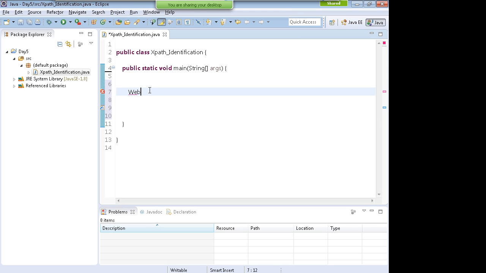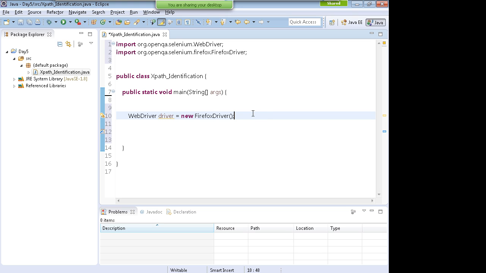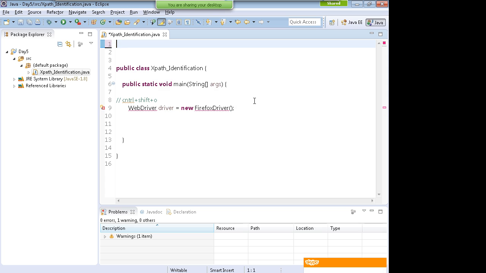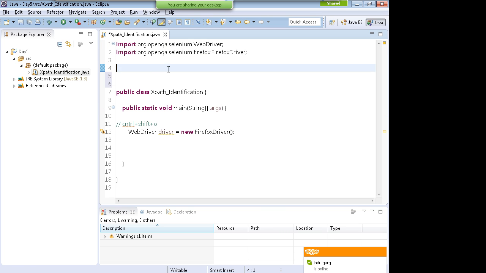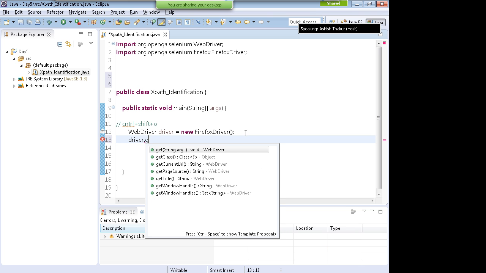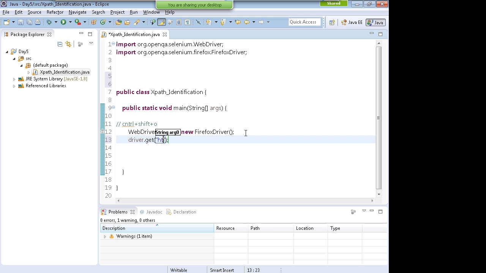Now I write over here the command WebDriver driver equals new FirefoxDriver, and import everything. If you hit Control Shift and O on the keyboard, this is the shortcut. You have to press all three keys together, first Control, then Shift, then O. This will import everything. Suppose I have not imported anything in the code, it will give me an error, but as soon as I hit Control Shift O, it will import everything automatically. Now after that you write driver.get, go to the URL http